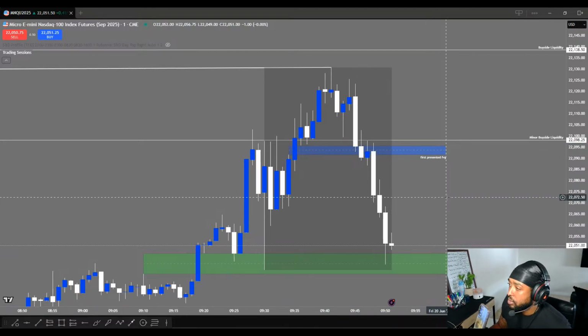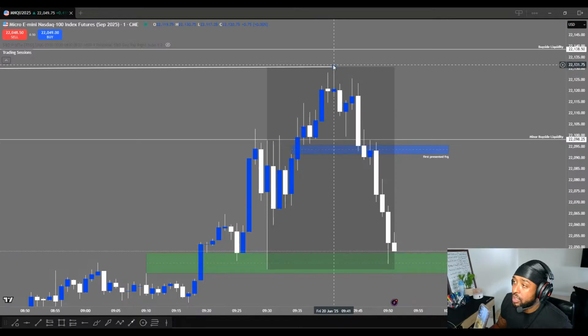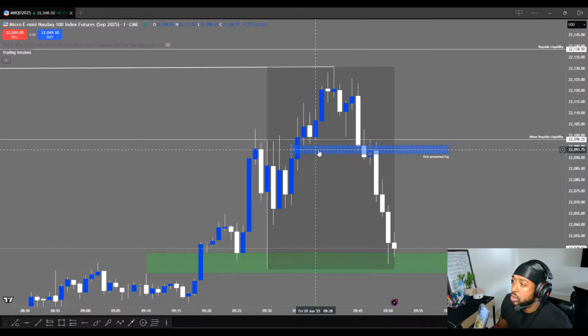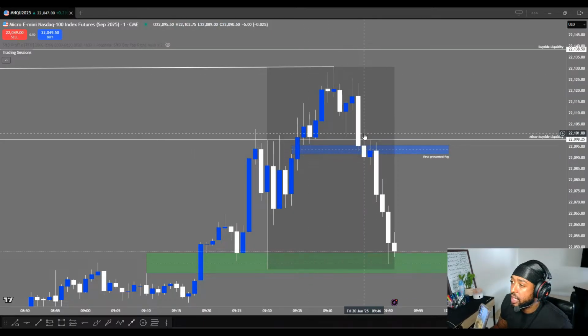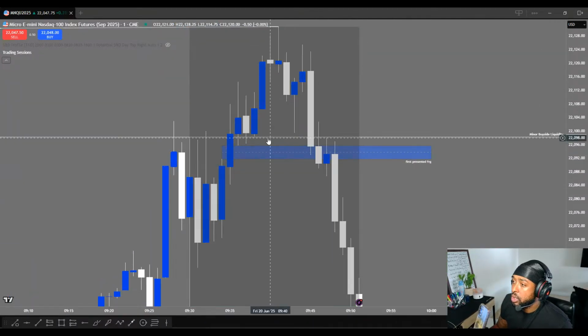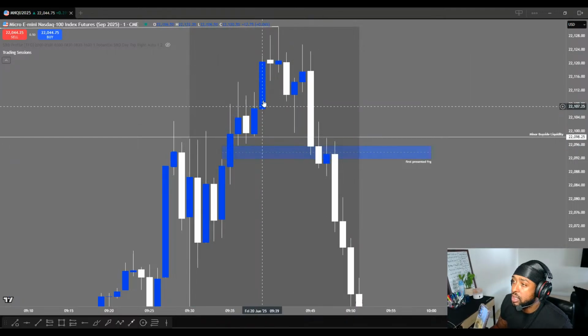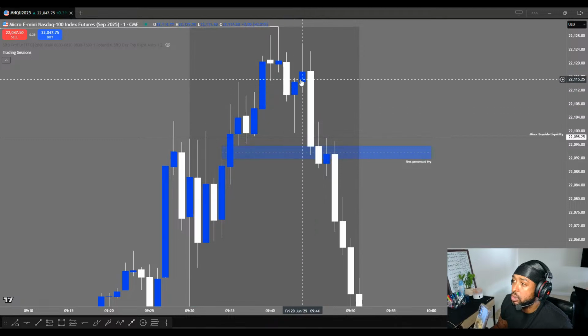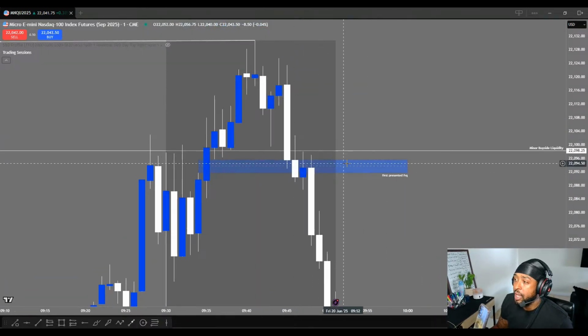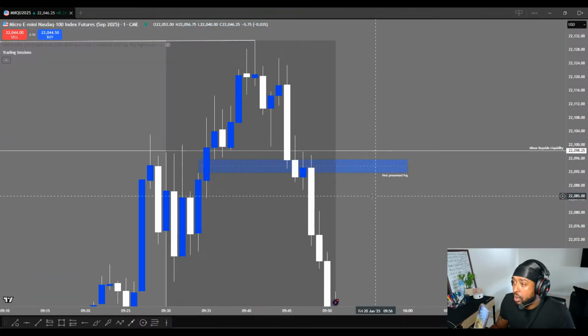All right, so look, we got SMT. Now you're looking for the change in state of delivery. So either you can use these two up close candles, aggressive close, or you can use these two. It don't really matter because they both literally in the same zone, right? Because it closed below here. So let's zoom in a little bit more. The fact that it closed below here, both of these, you can use either change in the state. So let's use this one. Two bullish candles, aggressive close below. That's a change in the state. And then you will use this 30% fair value gap as the inverse that we're expecting to go down.